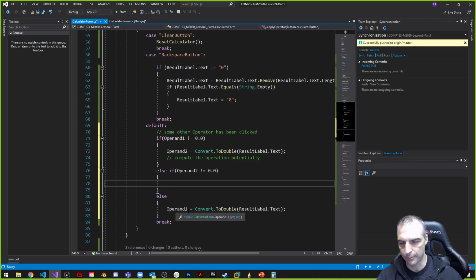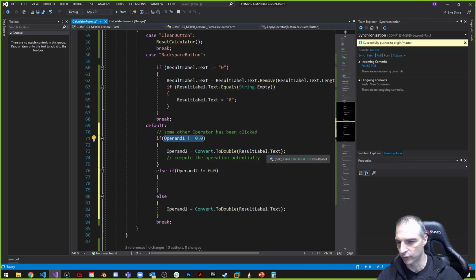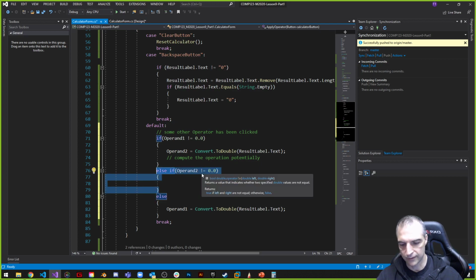So what if operand 1 is not equal to 0.0? It means something else. Do we want to convert operand 2? Well, actually, if this is already converted, it means I've already converted operand 1 to something else, which means I've already gone through this process once. What about if I've already converted operand 2 to something other than 0? Well, this actually should be first, operand 2, right? So if I did this already,